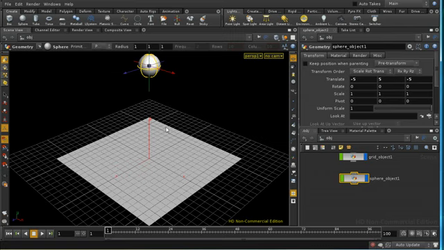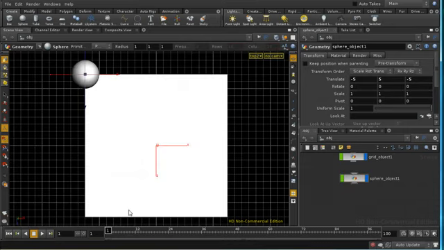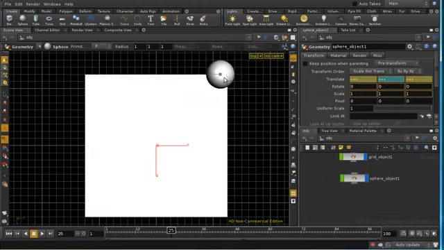I'm going to set keyframes so that the sphere moves to each corner of the box in succession. So let's do that by moving to a top view, which I'm going to do by pressing space 2. And to set a keyframe, we Alt left click on the parameters we want to keyframe. So in this case, I'll left click on Translate, and I'm going to move to frame 25, move the sphere to the next corner,